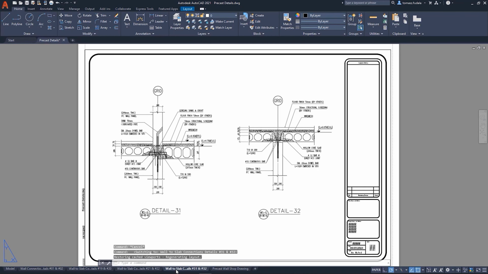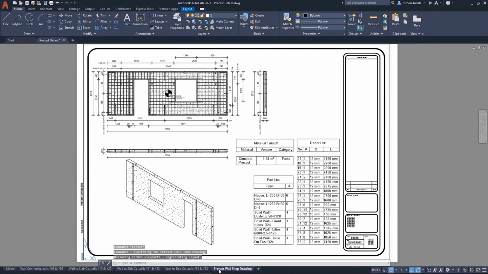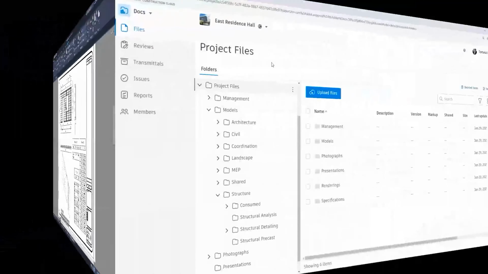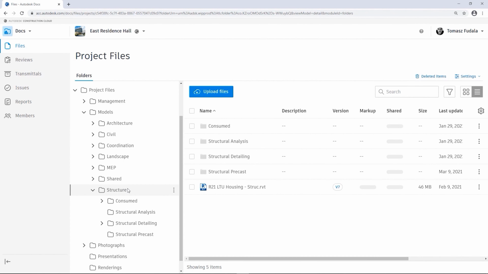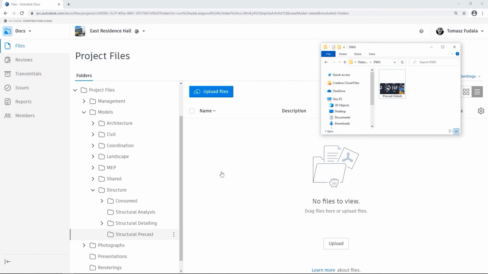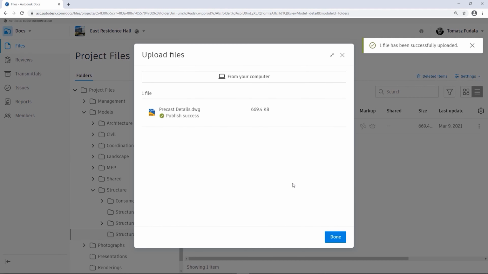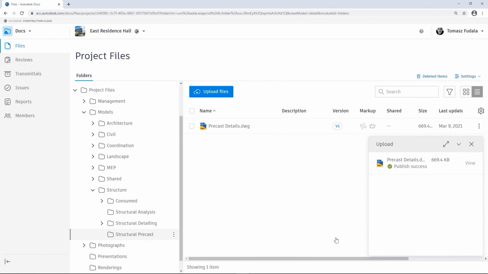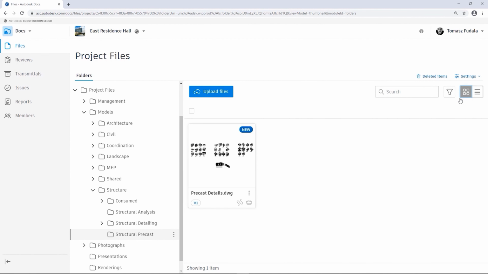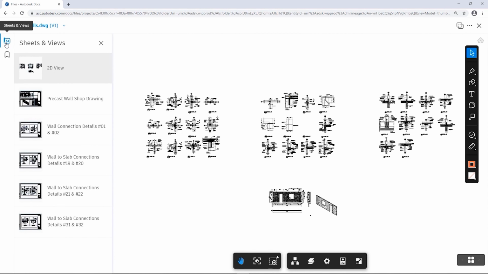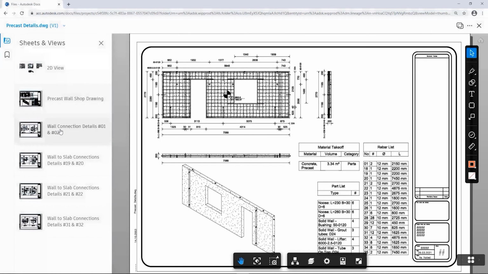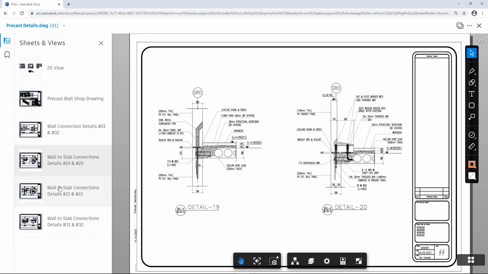In this workflow example, a structural engineer or a structural precast detailer who works in CAD has an existing library of AutoCAD details that he would like to leverage on a project that requires Revit. Using Autodesk Docs, he can collaborate with Revit users on precast designs and communicate all necessary precast connections in the DWG file format. The AutoCAD designs can be leveraged by Revit users when modeling to LOD 350 or 400 in the BIM environment. These details can be attached to the final documentation.